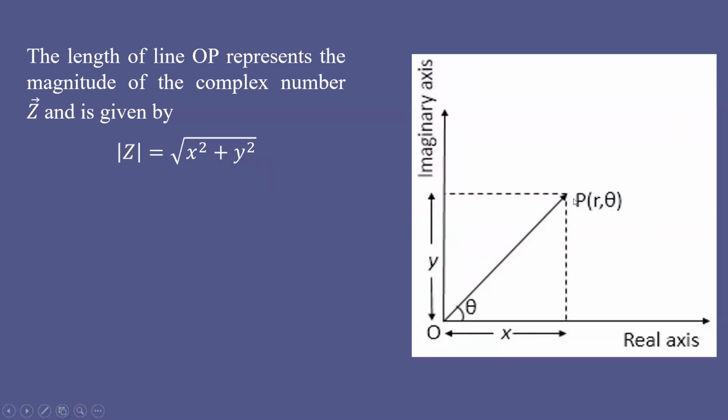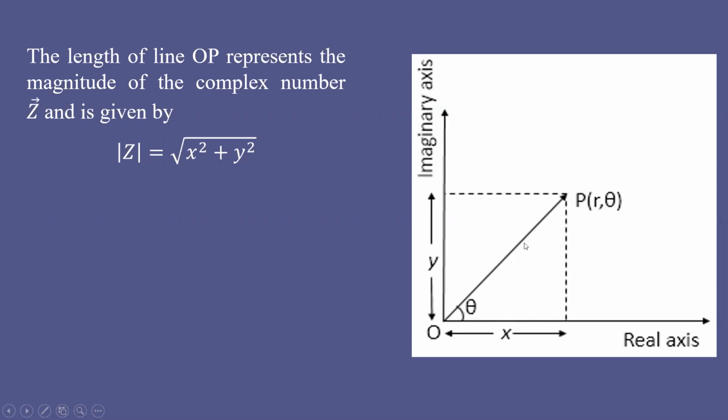Then that complex number is represented by this point, where its projection on the real axis gives you the real part of the complex number, that is x. Projection of that point on the imaginary axis gives you the imaginary part of the complex number. Y is the imaginary part. So this is having the multiples of j. It will have the values multiples of j, and it will take a certain angle theta.